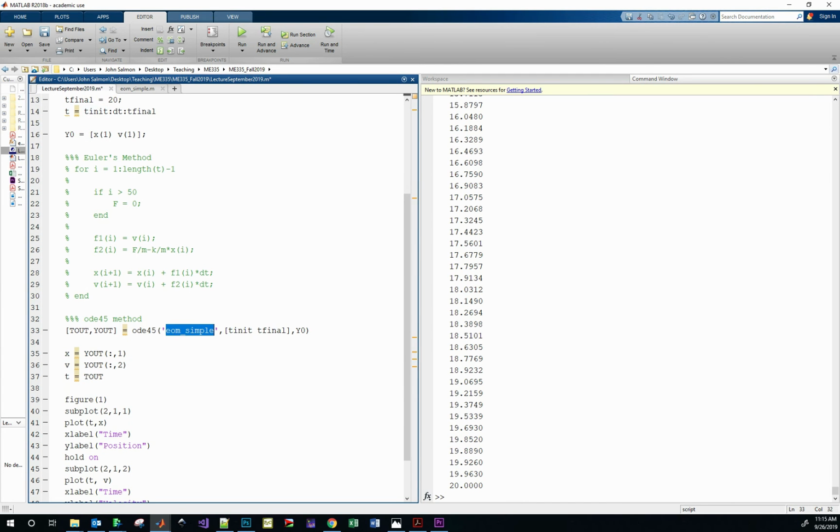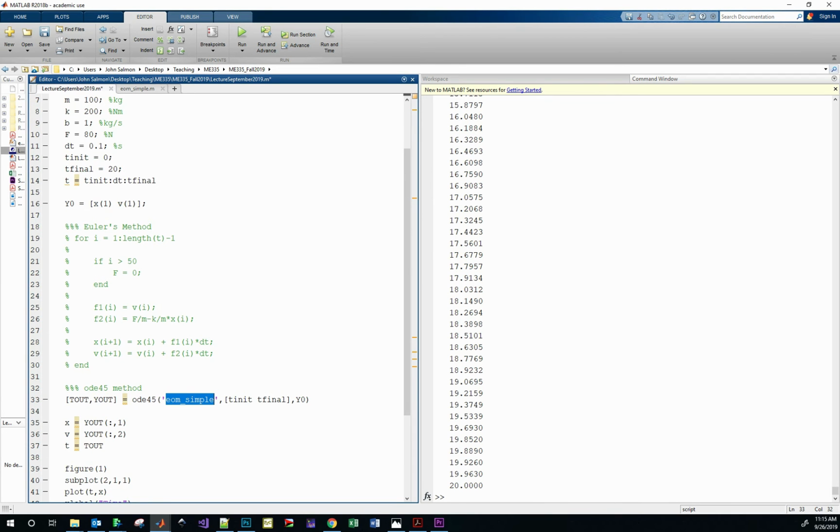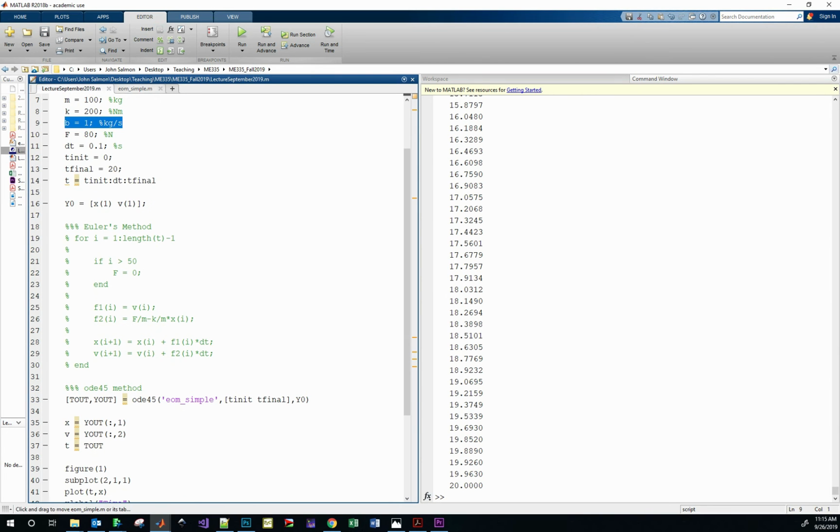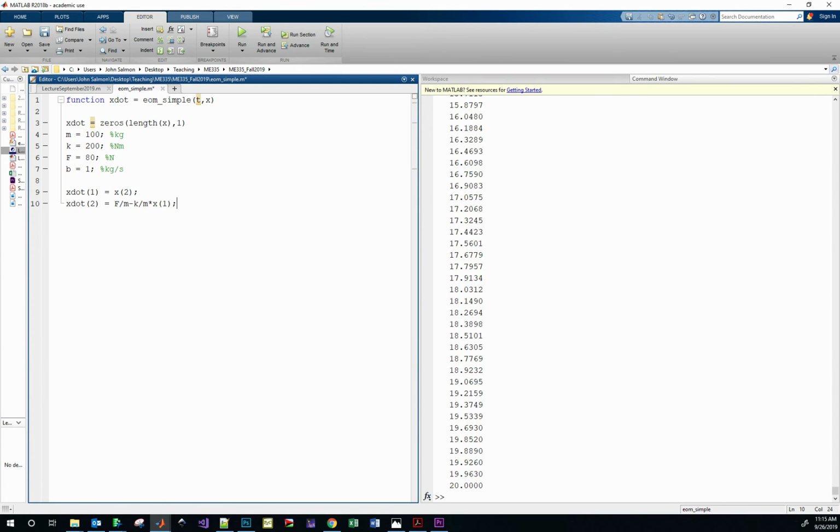Then we'll come down here, and we're no longer going to mess with Euler's method. So I have to come in here and add in that b. Effectively I can just copy and paste this right here. And then I can add one more value right here, minus b times